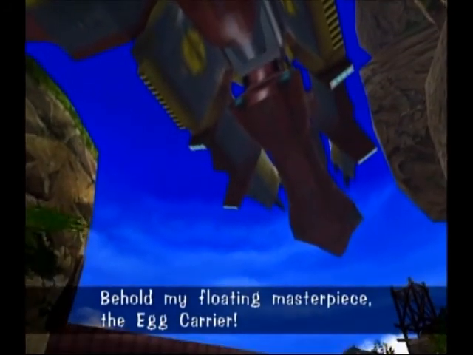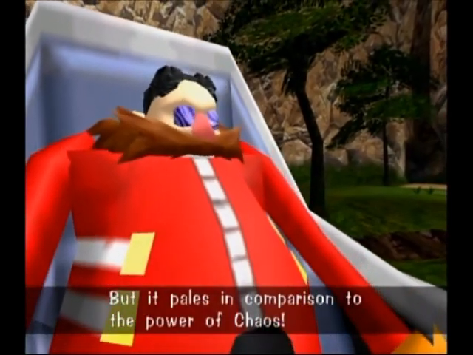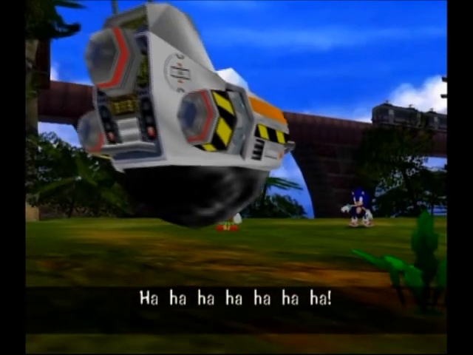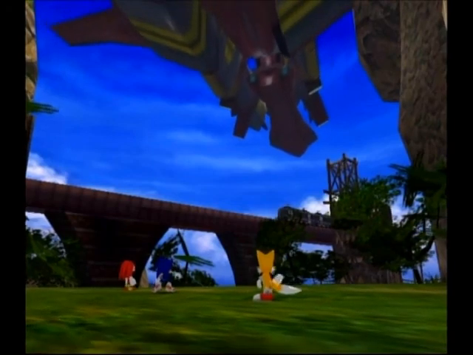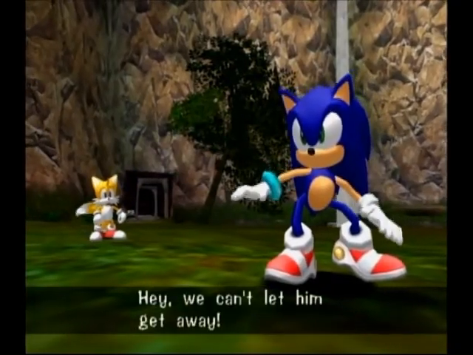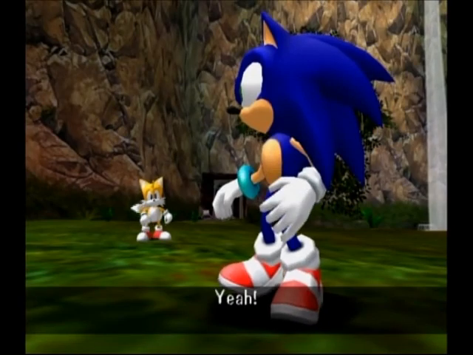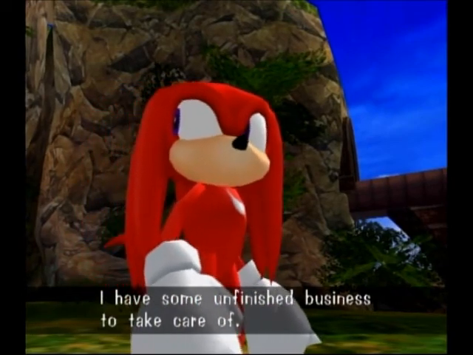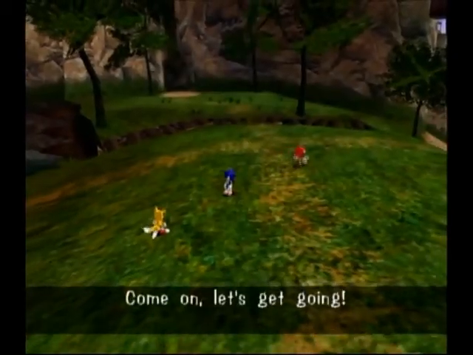Behold my floating masterpiece, the Egg Carrier! But it pales in comparison to the power of chaos. Adieu, until we meet again, my friends! We can't let him get away! Let's get to my workshop and we'll take the tornado! Yeah! You guys go. I have some unfinished business to take care of. No problem, Knuckles. We'll take care of everything here. Come on! Let's get